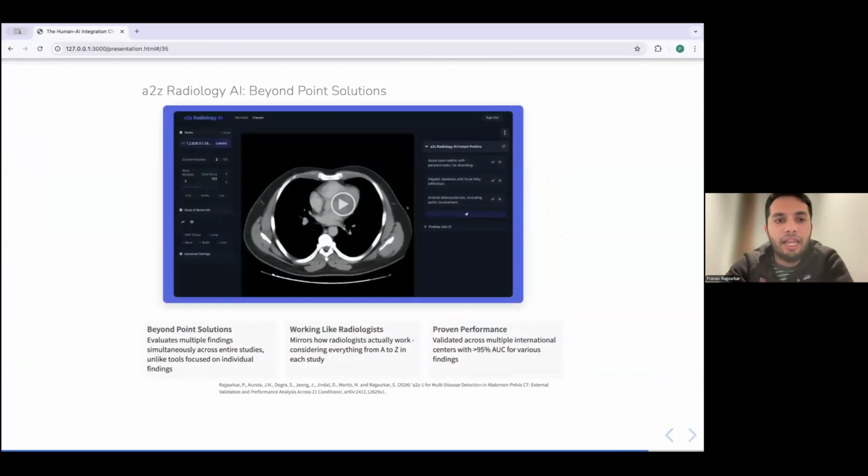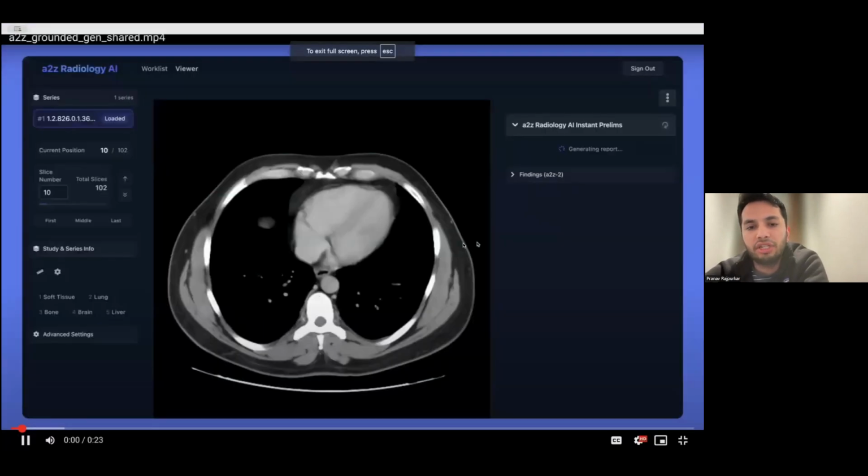system's true value. So just to give you a glimpse of some of the efforts that we're making commercially, I'm co-founder of a company called A-to-Z Radiology AI. And one of the ideas and missions for us is how we can have AI really take on the full scope of the diagnostic workflow and go beyond these point solutions that we're used to. I want to play you a video of one of the early prototypes that we've designed here.